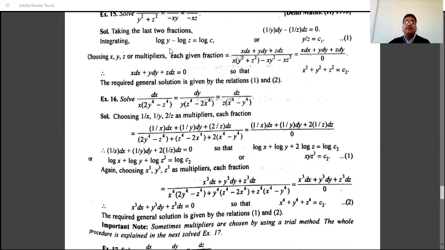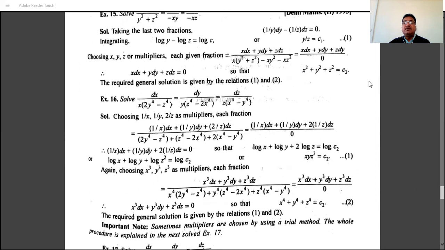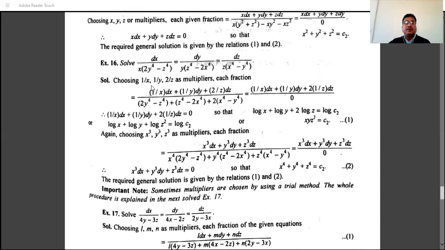Then problem number 15: by taking the last two fractions, we have this answer, y by z is equal to c1, as the first solution. Then the multipliers are x, y, z. We have the answer x square plus y square plus z square is equal to c2. And then 1 and 2 give the general solution. Then problem number 16,